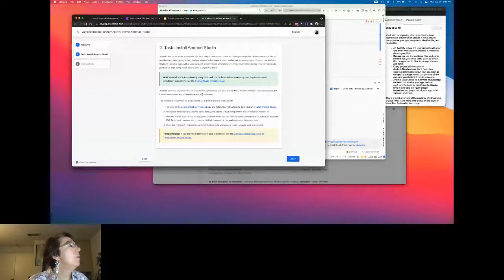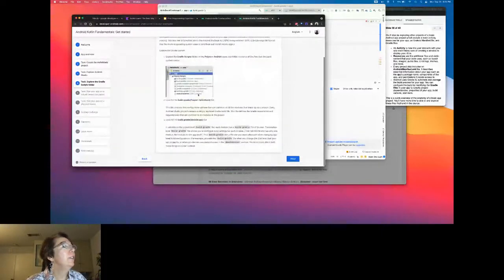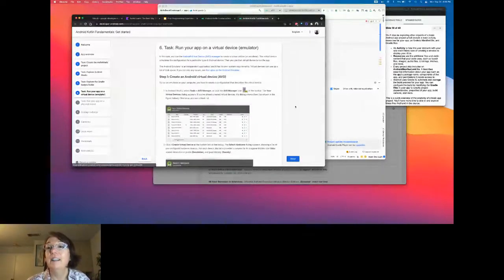The part that I thought was important here was we talked about Gradle, and this is a pretty good overview about Gradle, and then the emulator, because the emulator does kind of trip people up. So I'm going to go through,